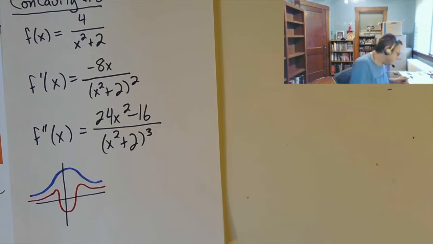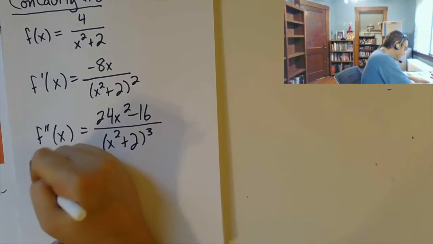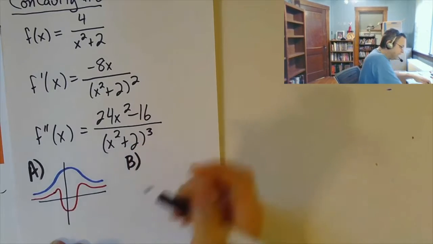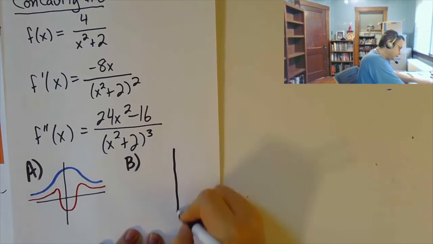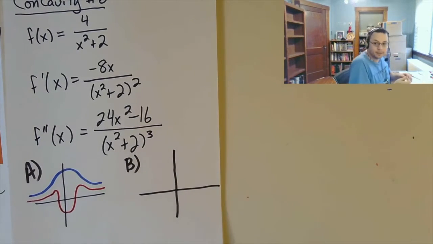Very, very roughly again. My B, so this is A, this is B. So here we have something like